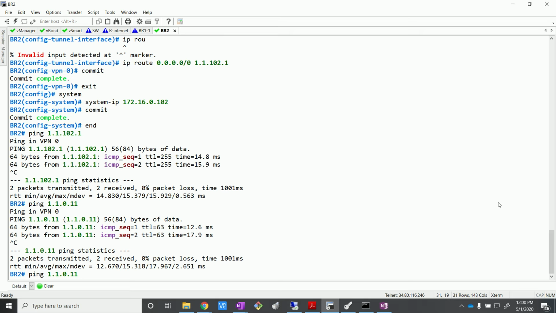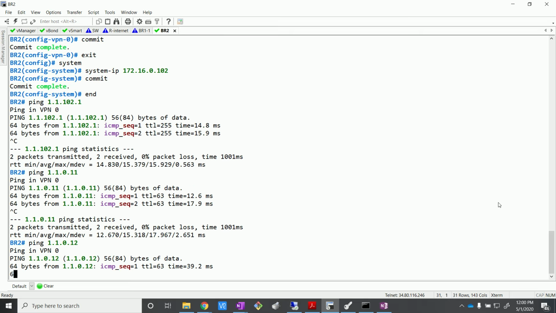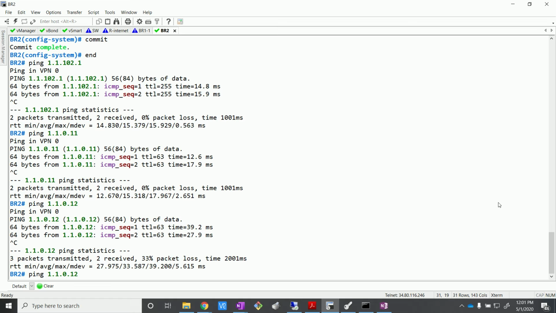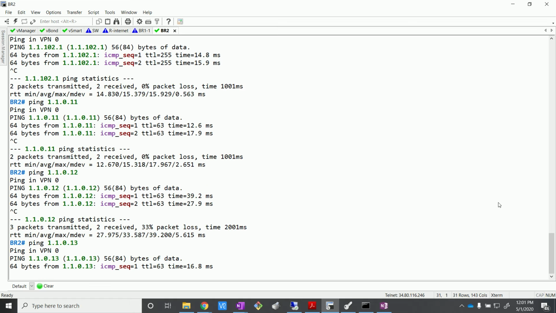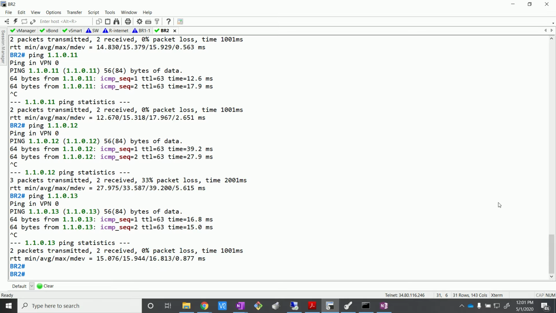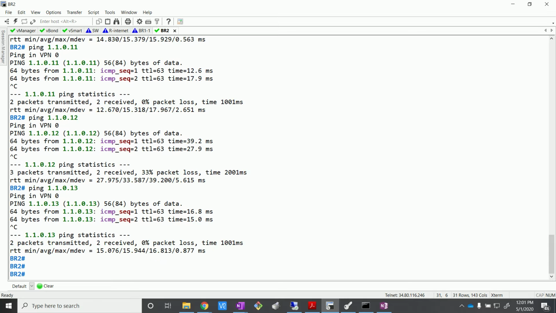Let's check to vBond. Yes, that's good as well. And vSmart. So once we have checked the connectivity, now we are good to go with the next process, which is mainly